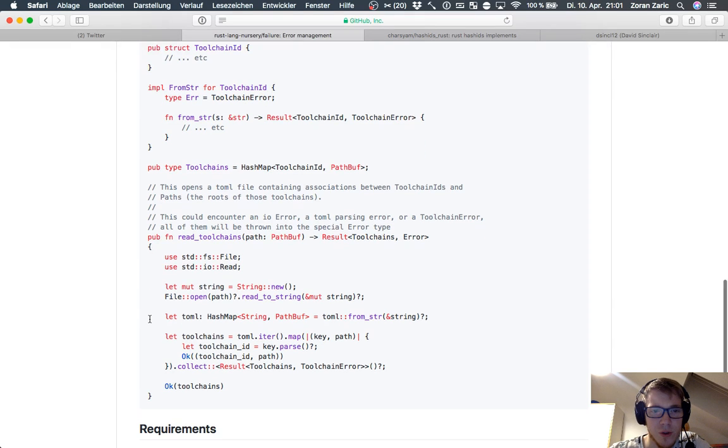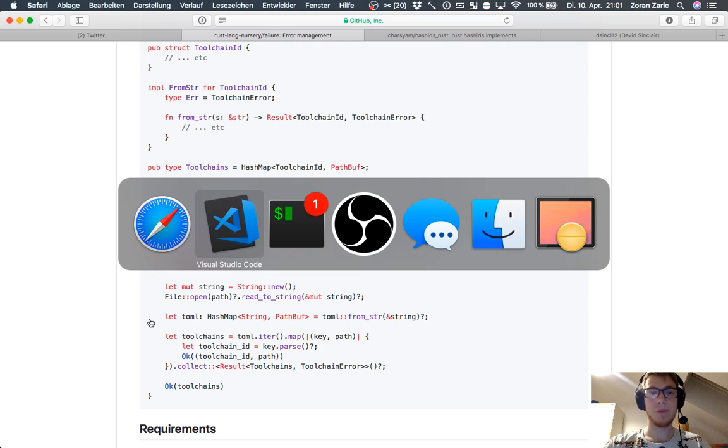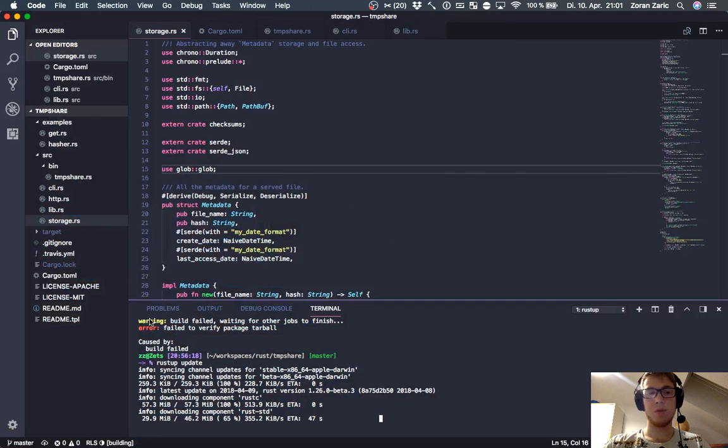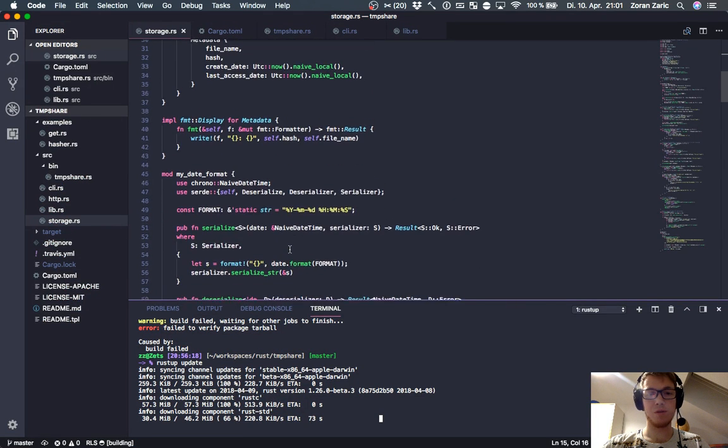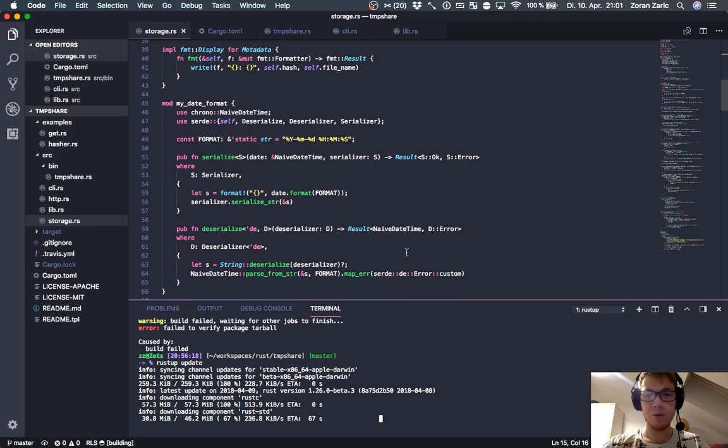Yeah, I think this is cool if you need custom error types. This is something we can explore in the future, but right now we don't really need it since we just use the IO errors, which are absolutely fine